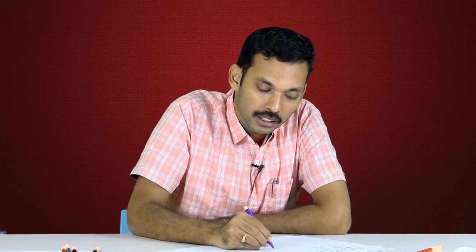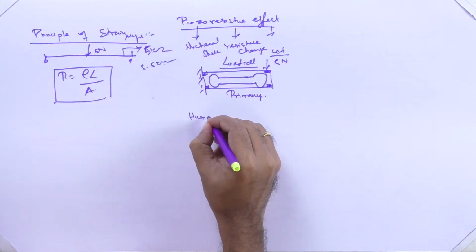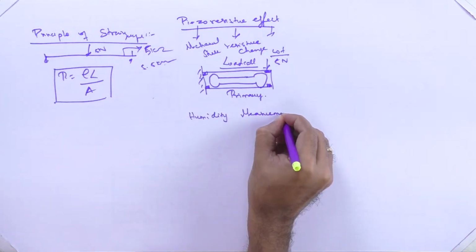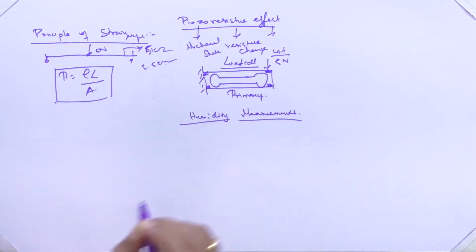Finally, we come to our humidity measurements. What is humidity? What is moisture? It is the amount of water vapor that is present in the atmosphere or else in a material, called humidity or moisture. And we have the term absolute humidity, which is the moisture that is present in air, called absolute humidity, present in a material, and relative humidity